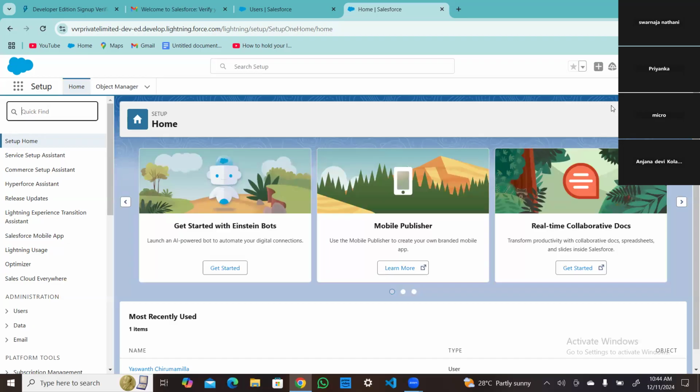Even in your real-time world, your instance looks exactly the same, guys. There is no difference at all. You are going to use app launcher, setup, and the Teddy icon. Once you log into the platform, you have to remember the major 3 icons: the app launcher icon, which comes as 9 dots. We use the app launcher to access our applications. Then the setup icon, which comes as a gear symbol, and we use that to modify any existing application's configurations. And then the third one is the teddy symbol.